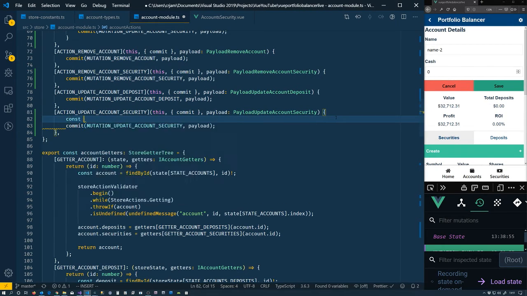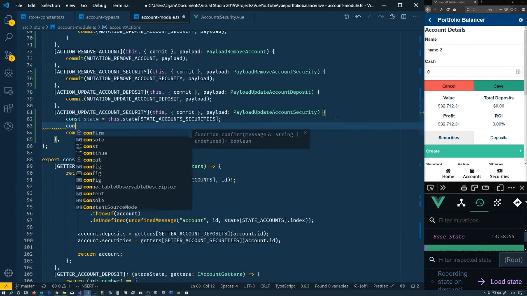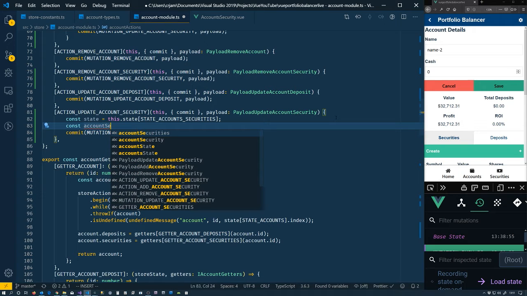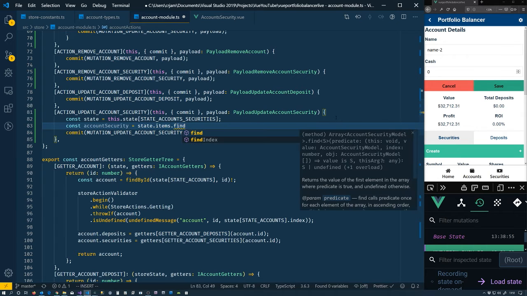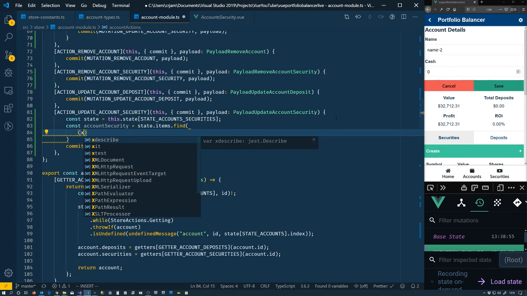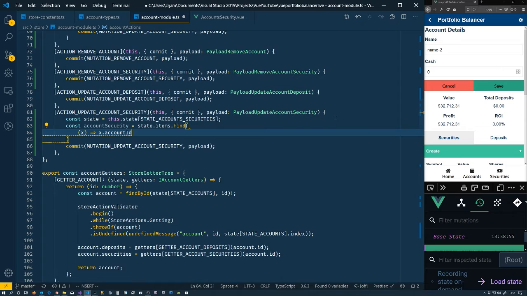So let's grab the state again, and that state is account securities. That's our state, and again, we'll look through those items. state.items.find. Find the account where the account ID is equal to the payload.accountID, so of course the account that we're transferring to,